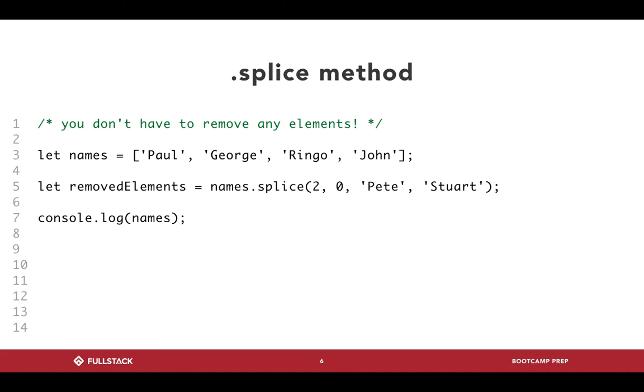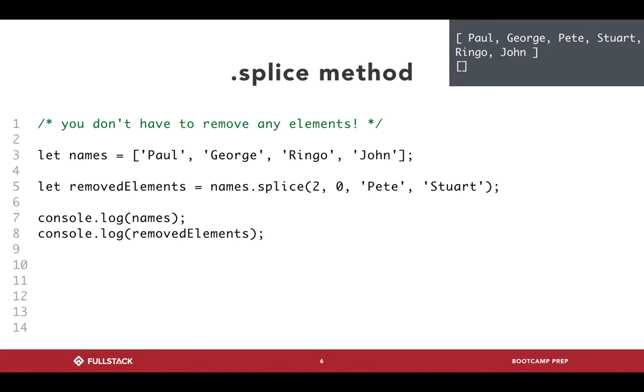Similarly, if you want to add more than one thing, we can do the same thing, right? In this case, what we're doing is 2, 0, so we're actually not removing anything. But remember, we need this 0 here, right? The 0 is super